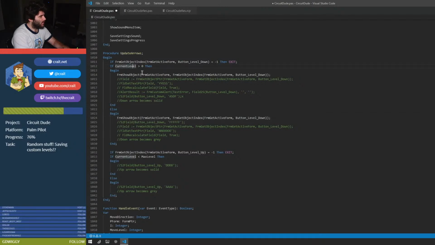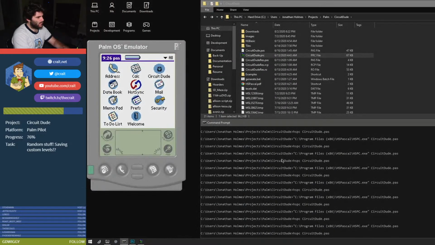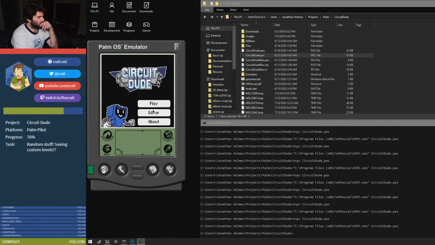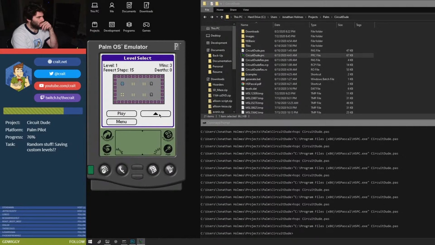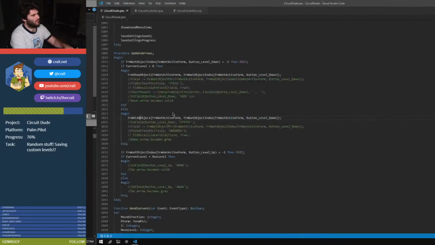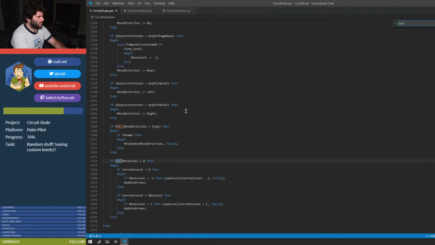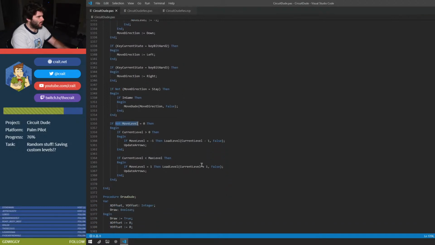If current level is greater than 0, then we show it. Otherwise, we hide it. Okay. If not,